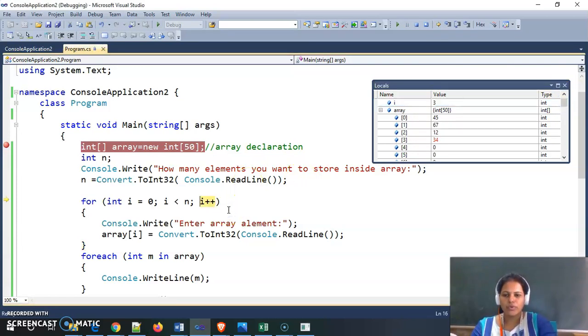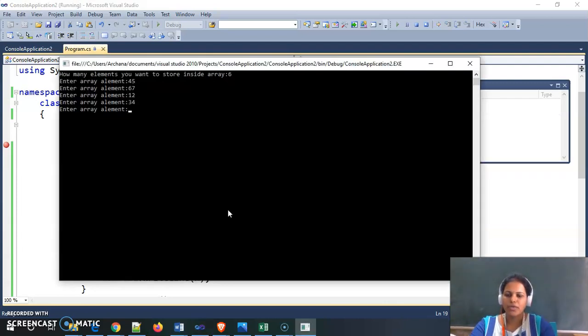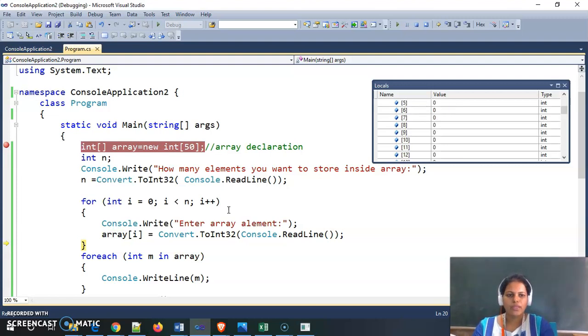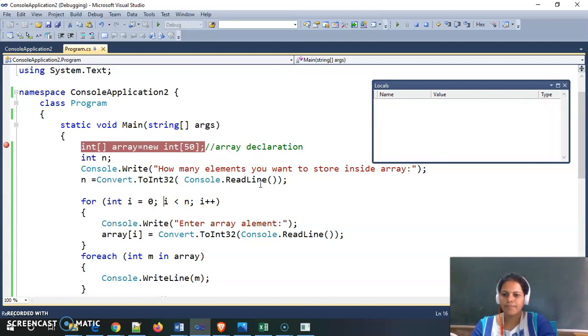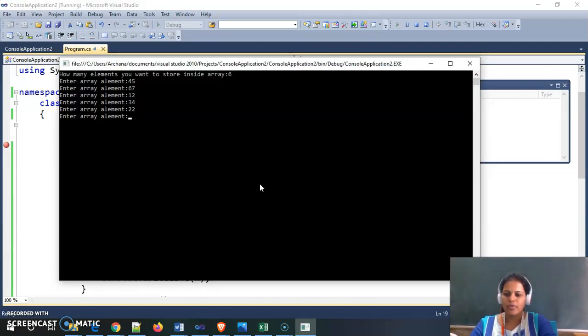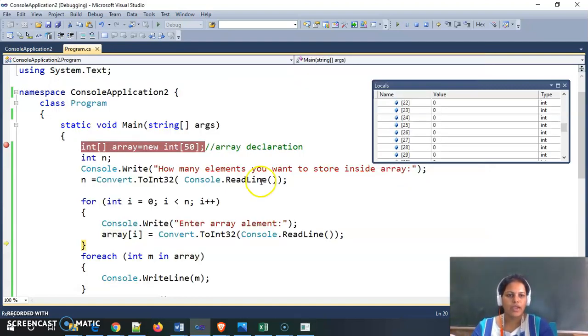Now again we go to the next iteration. Now I am giving 22, and 22 will be stored in my array at the 4th index. Then we go forward and my last value I am giving here is 33.